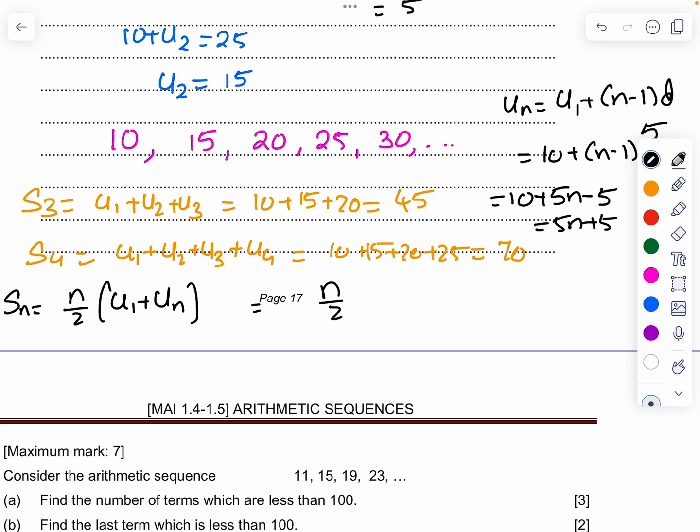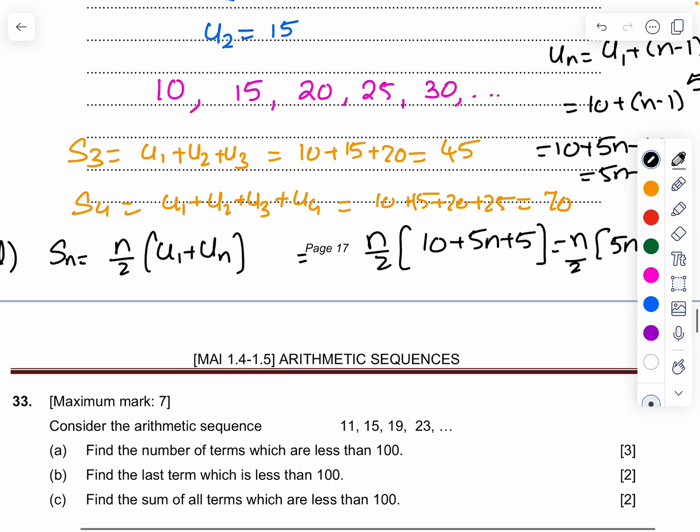So n upon 2, first term is 10, plus 5n plus 5, which is n upon 2 times 5n plus 15. Okay, so that's going to be the answer. Okay, so the next one,